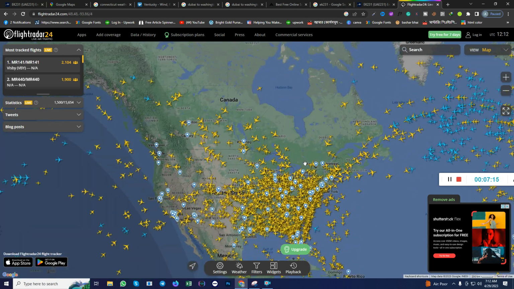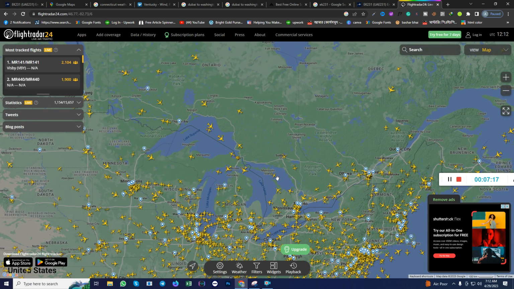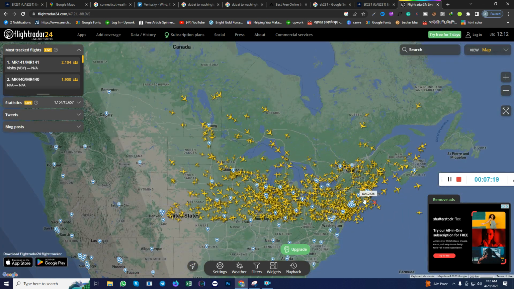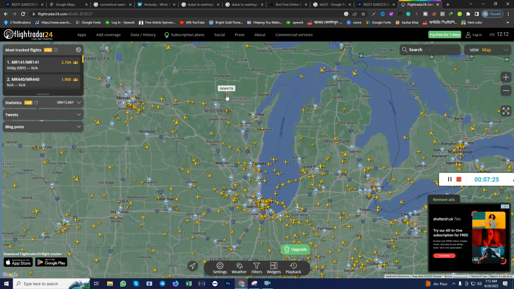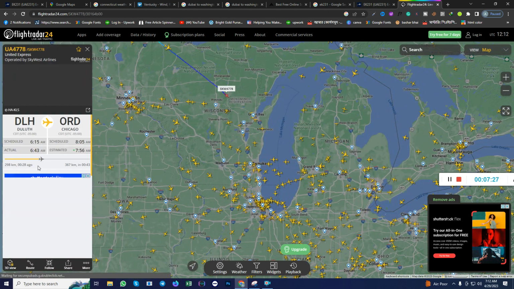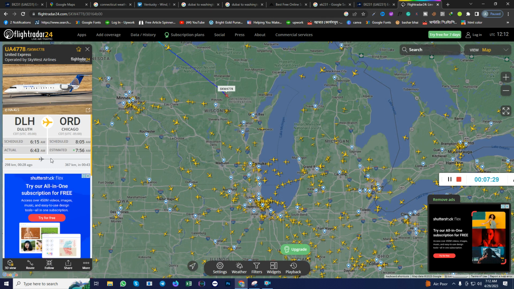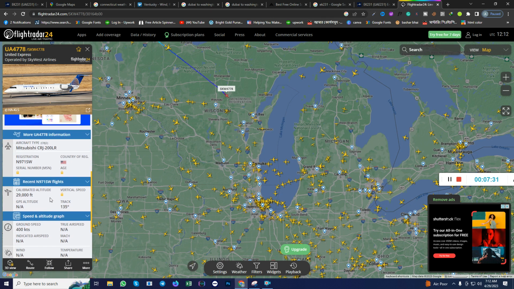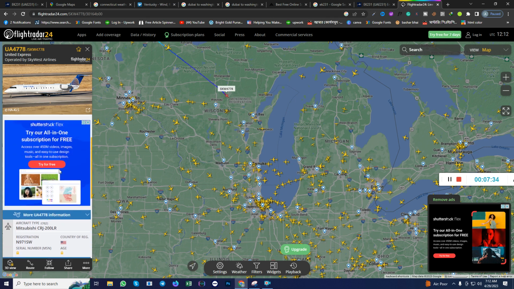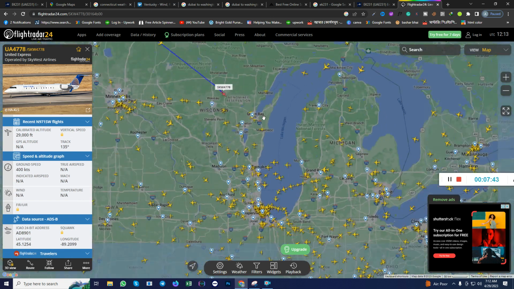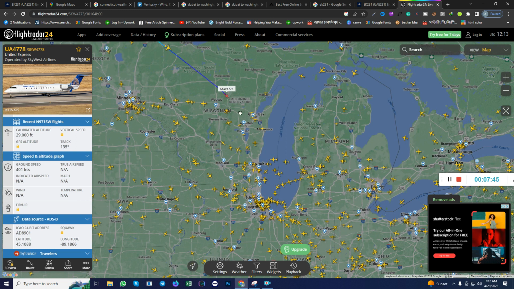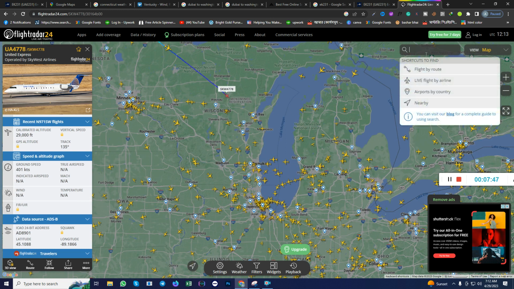We know this is the United States, and for example, if you select a flight here, you will see the information, you will see where it's approaching, and then you can go to the map. It will give you an option to see the flight on the map, okay, and it is difficult to find the exact flight here if you do not know the number, but if you know the number, you can search it here